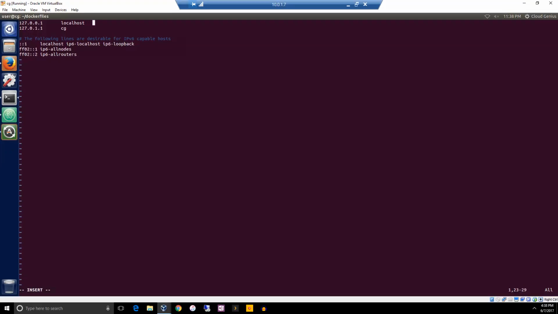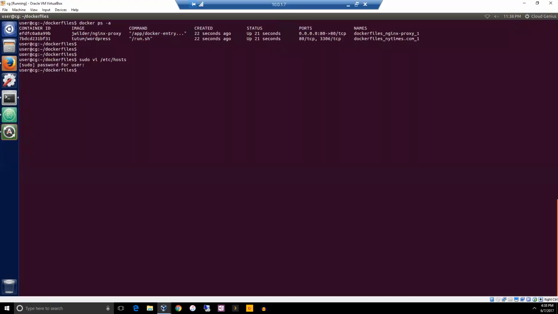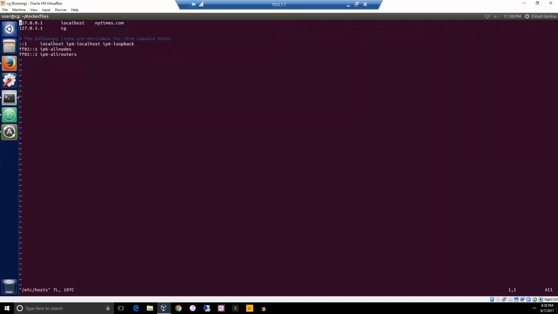And what I'm going to do now is edit my host file and hack it. You know this hack, right? What I'm doing is hacking my local machine and making it believe that newyorktimes.com is right here, localhost. You know this hack, right? I just made that hack by adding the name newyorktimes.com and pointing it to localhost. So now if I open my browser,